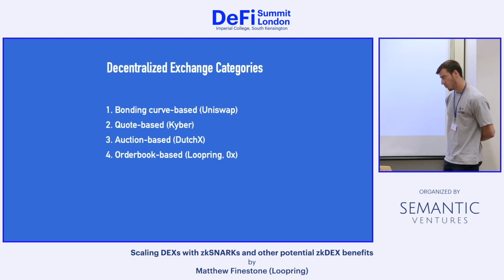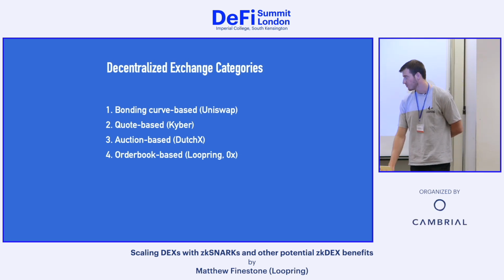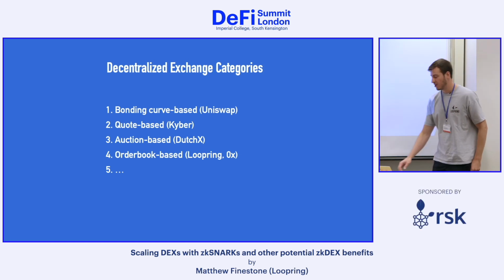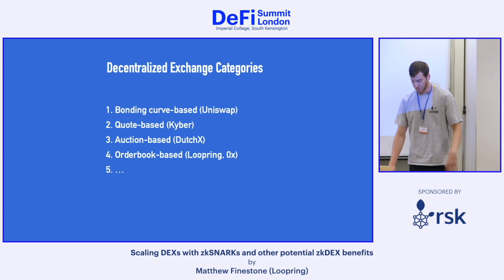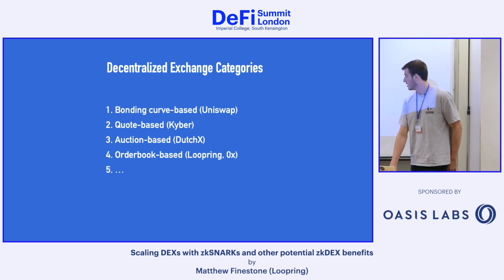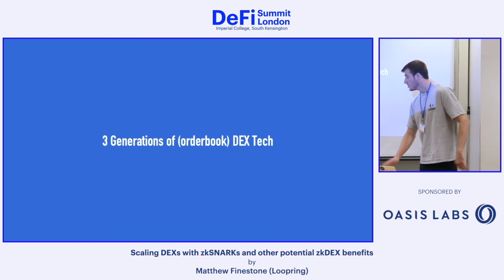This is where we focus, on the order book based ones, and we may see hybrids or currently unthought of models. Who knows what DeFi and Ethereum will allow for, but order book based is what we're talking about. So, Loopring